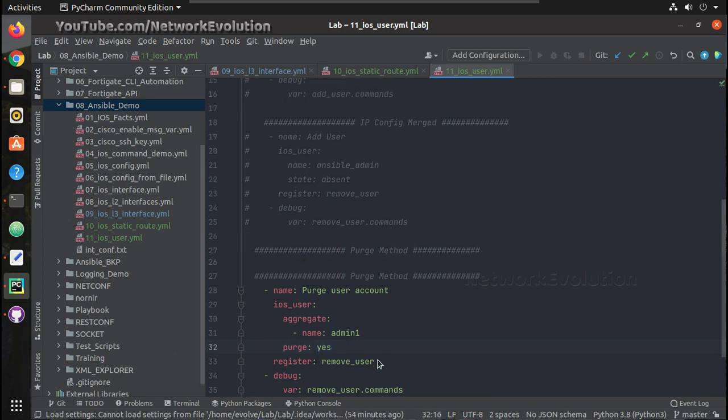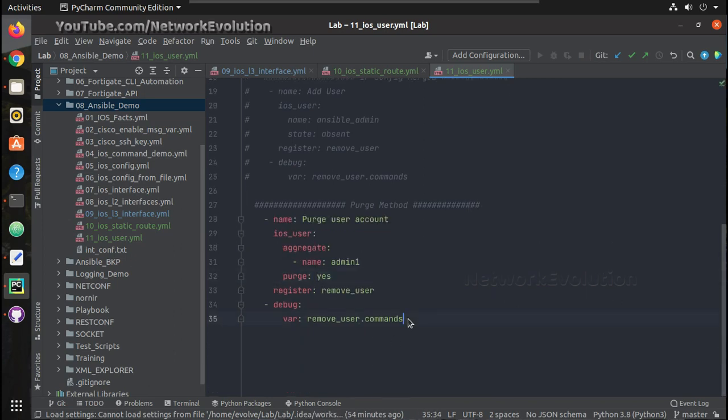Yes, and now we'll try running this playbook. If you have another user, you can add that user also here using name. Whichever you don't want to delete, you can just give that username.